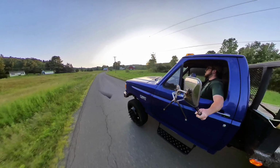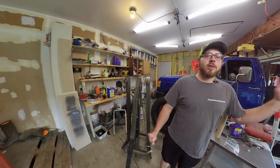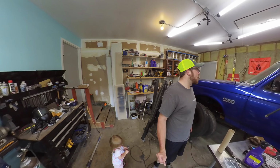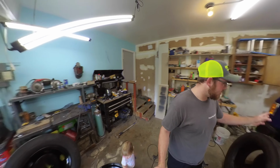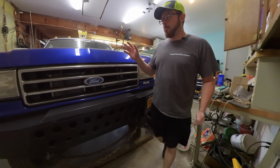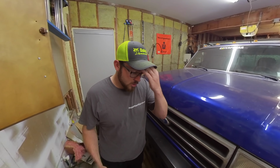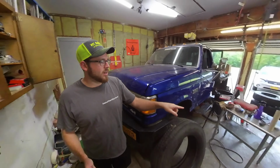Good job. All right guys, so as you can see behind me, we've made a ton of progress on the truck within the past few weeks. Who are we kidding? It's been months since I got the camera out. Whole front of the truck is back together. We got the grill on, the bumper on, the hood, everything's back together. The only thing we have left to do is to put the big tires on, and as you can see,